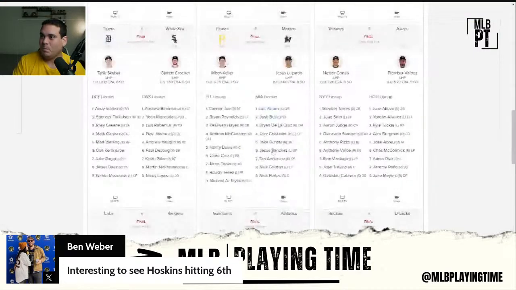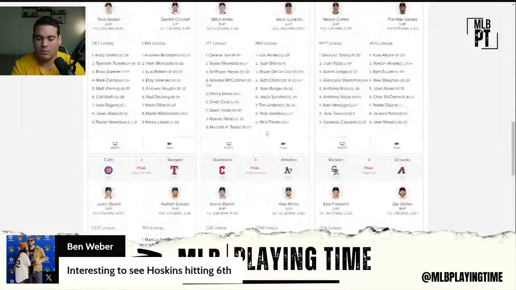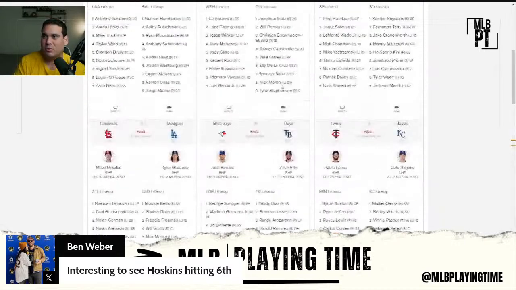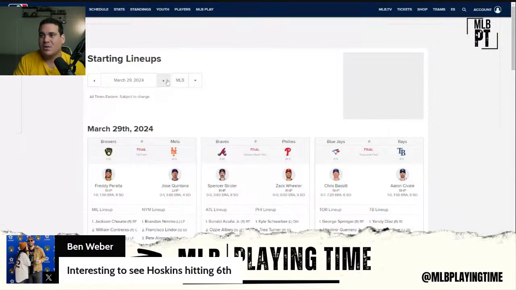Vierling, fifth. He batted fifth opening day against a lefty. So it looks like he's going to be in a weak side platoon. I'm going to have to update that because I think I had him as a part-timer. I knew McKinstry would start. And I still don't think Vierling's going to necessarily be in a strict platoon, but maybe for now he is. They're going to see what they have.